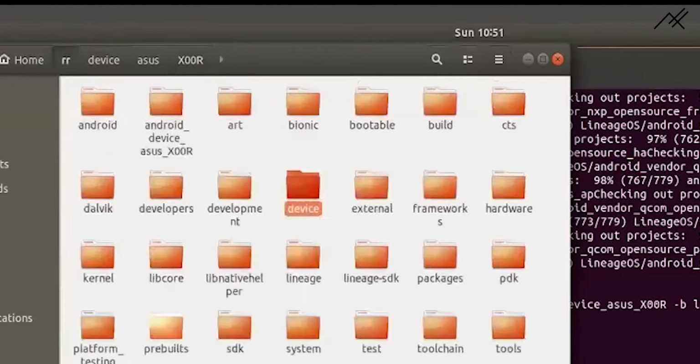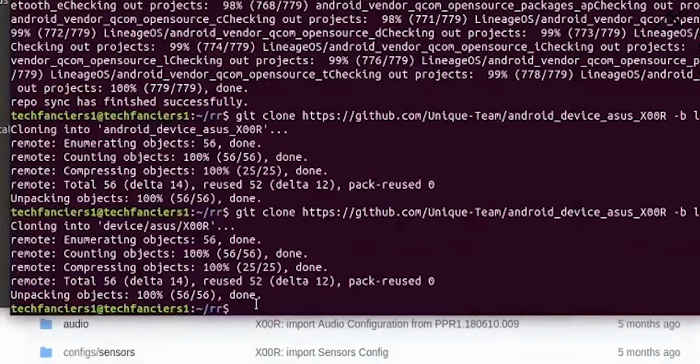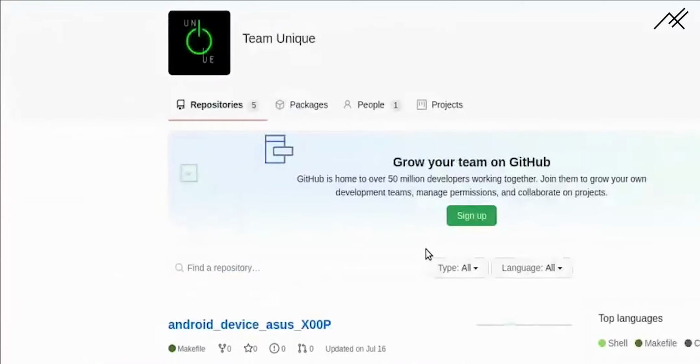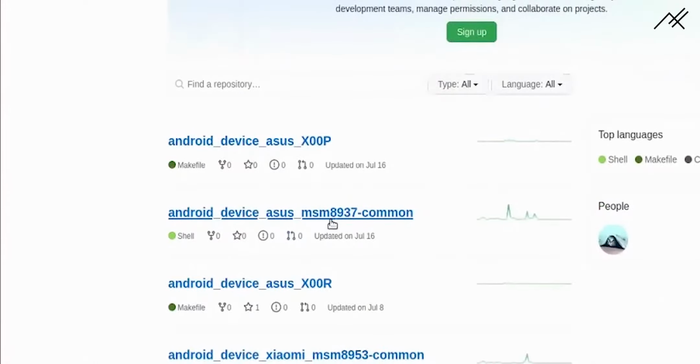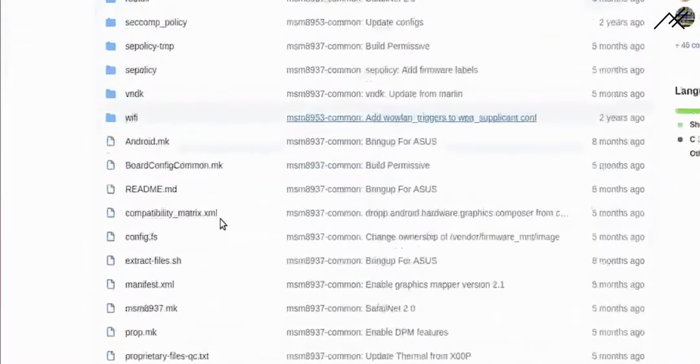So now we have placed the device tree, but this device tree requires a common device tree, which is for our processor, which is Snapdragon 430. If I go back, here I have this one, MSM 8937, which is a 430 processor. So if I open here, I have this extra